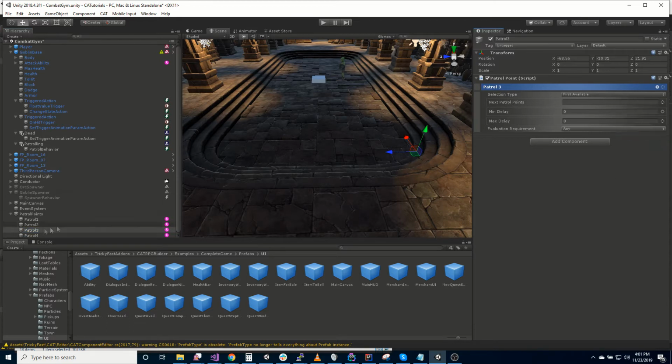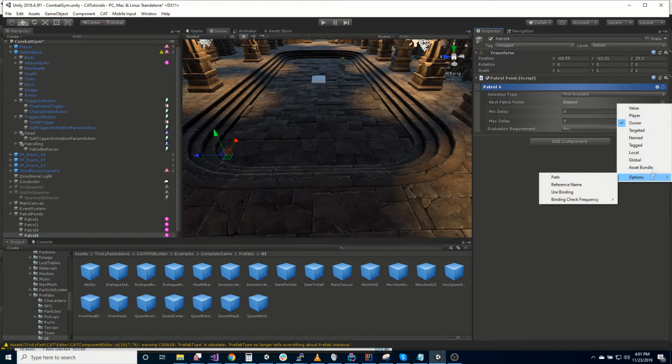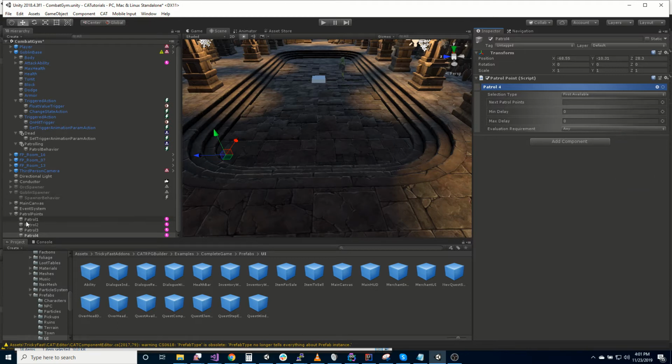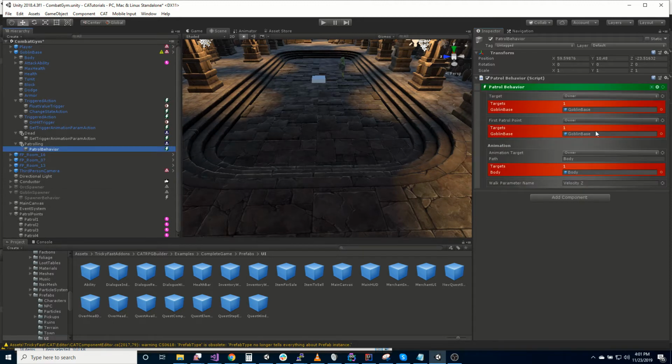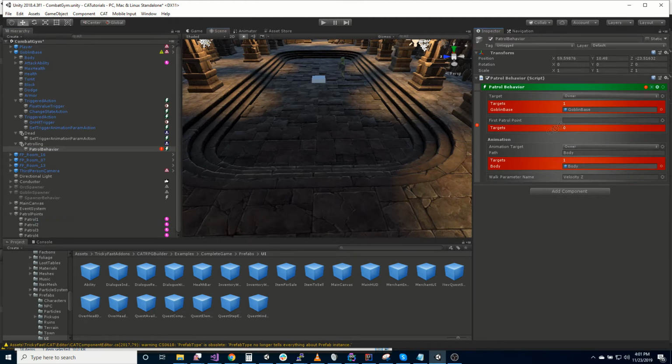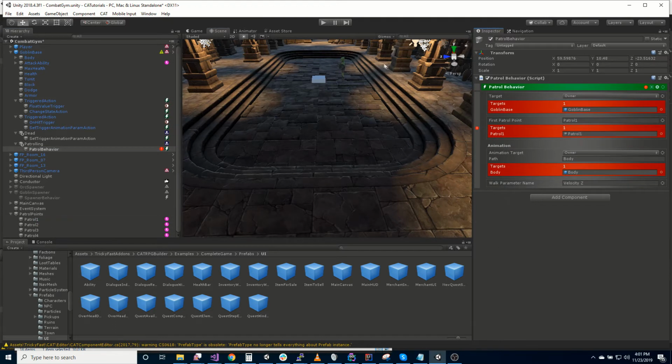And then on 3, 4. And then if we want it to loop around, we'll just do patrol point 1. And then on our goblin here, our patrol behavior, we're going to have to point to our first patrol point, and that's patrol 1. And now, if we give this a try,